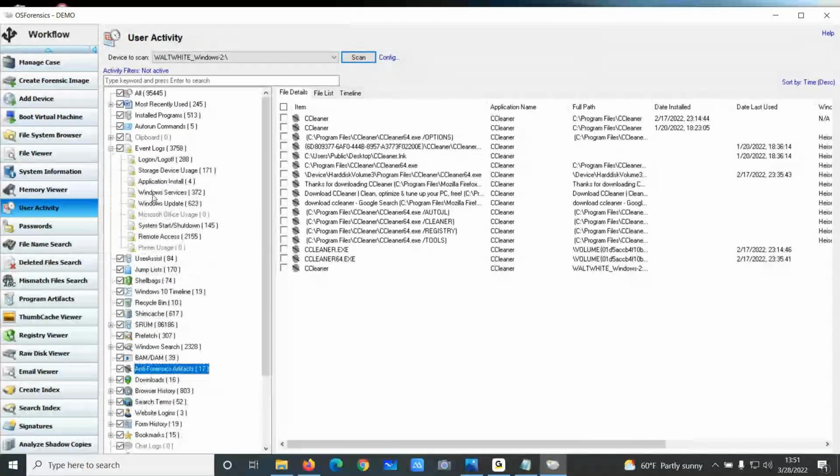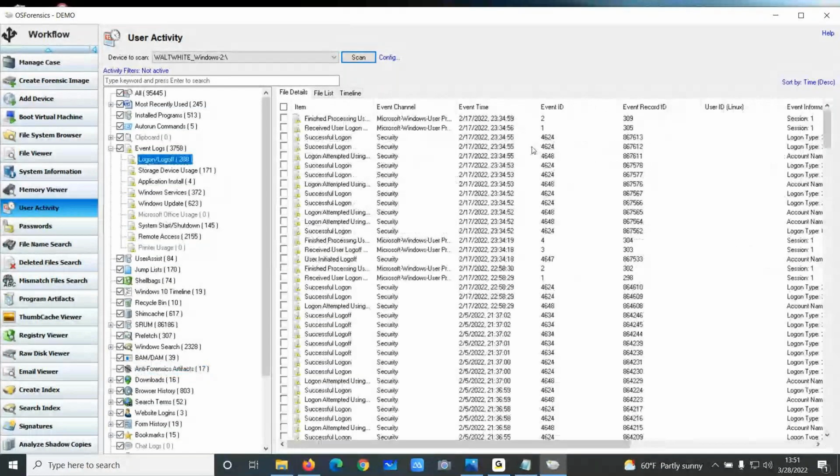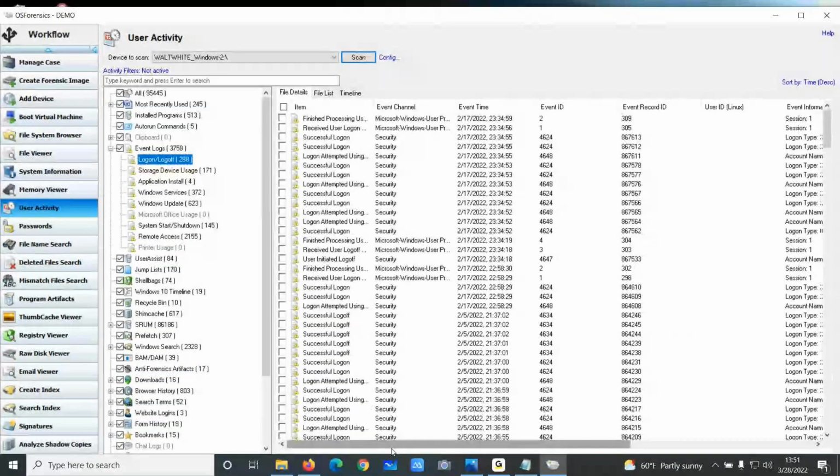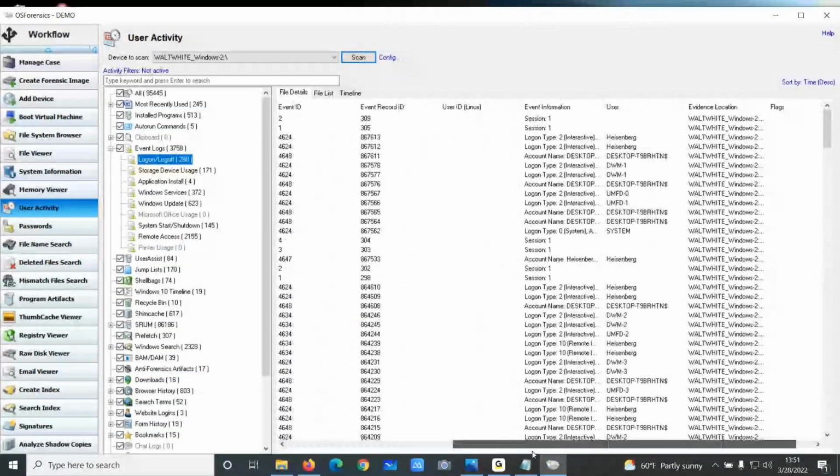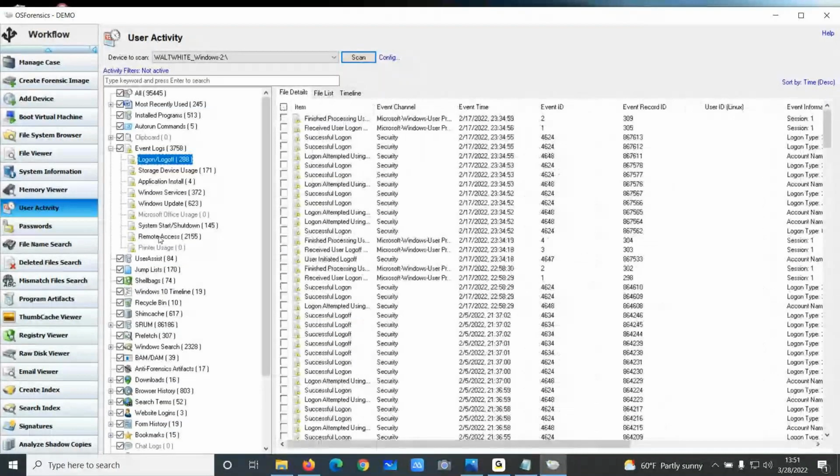Event logs. So it's going to do a quick and easy parse of the event logs and just break them down into generic categories, right? Here's all our logons, based on event ID and the different types of information here. So it's going to do a quick parse of all of these different things. If that's not deep enough for you,